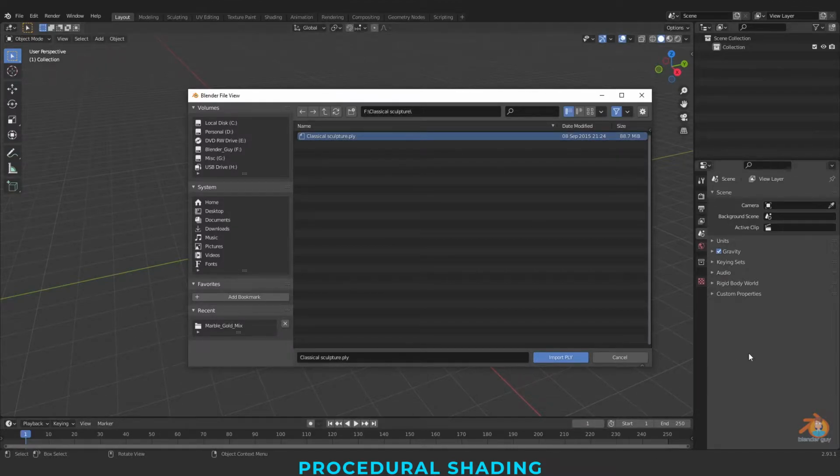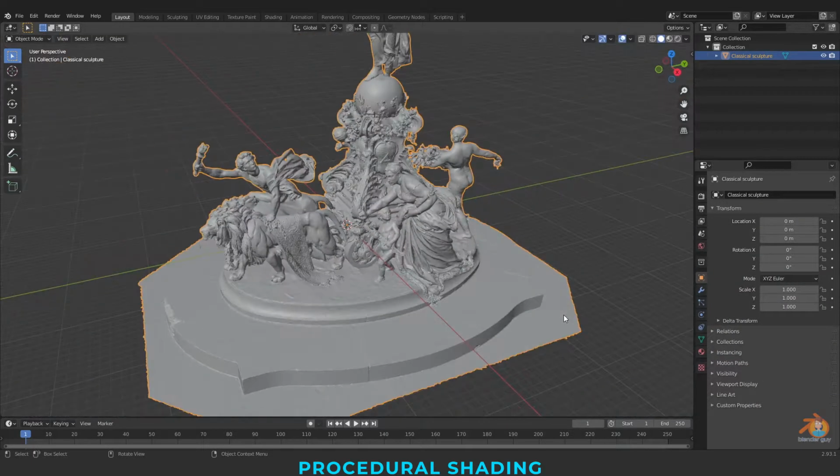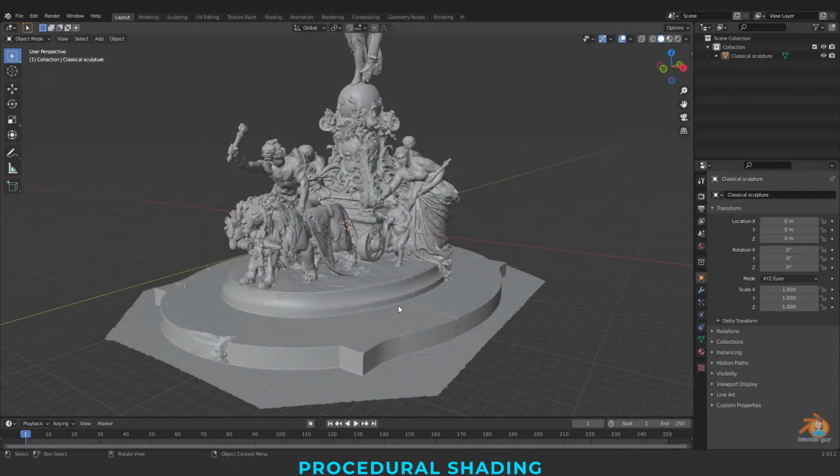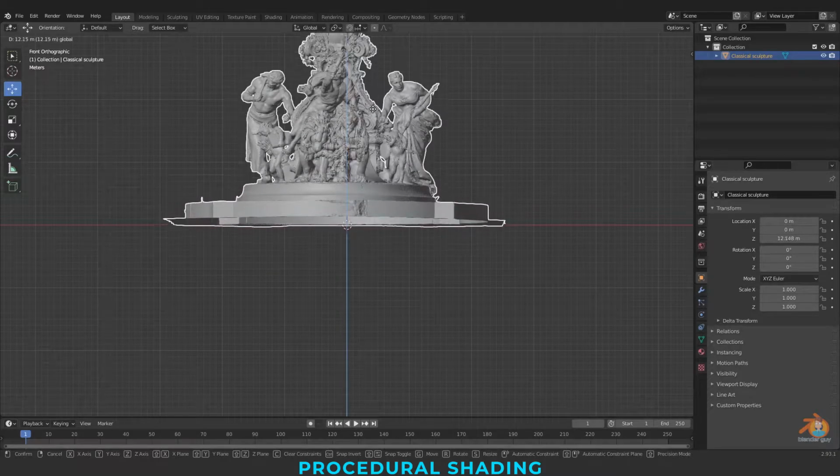Now in the latest versions, they are giving this in the standard importing menu. So I'm importing the model. Oh, nice. So as you can see, all the model, I'm just moving this.